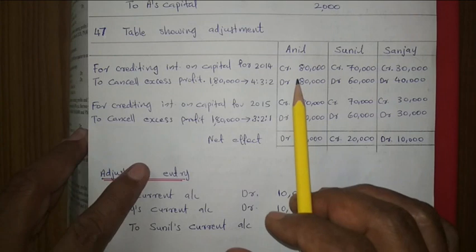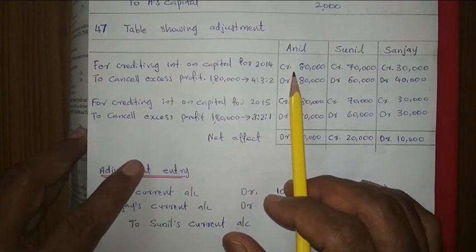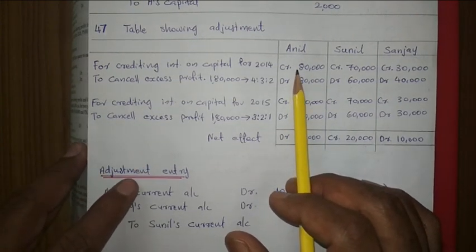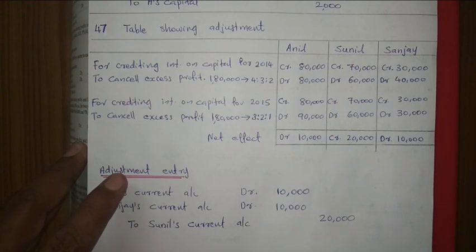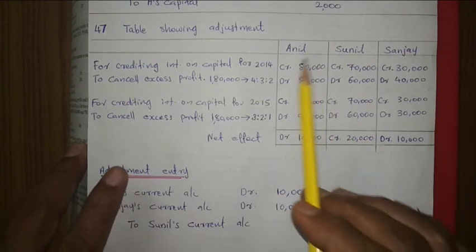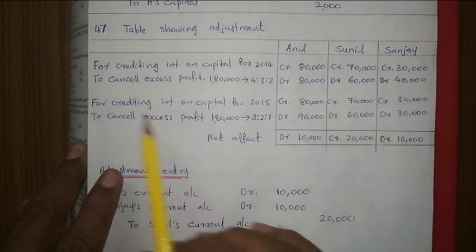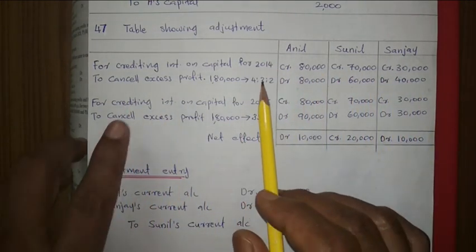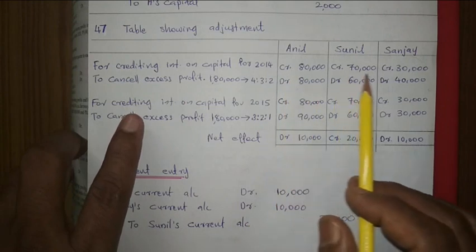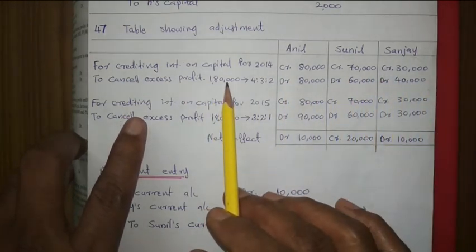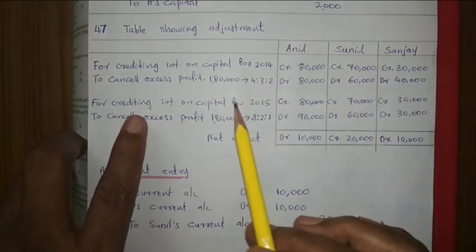Then for crediting to the current account, we have to credit the interest on capital. They forgot to give the interest on capital. That is why now we have to credit in their current account. So it is written there CR, credit. Okay. Now in the same year, the total of this amount is coming 1,80,000, and when they forgot to take